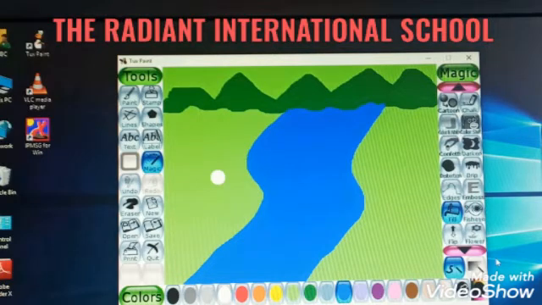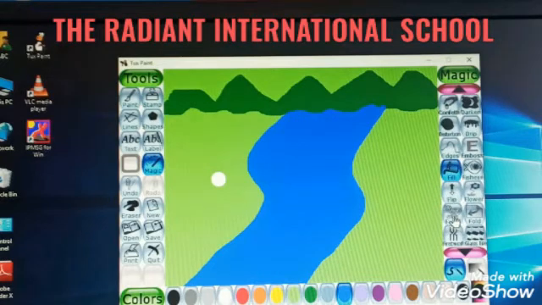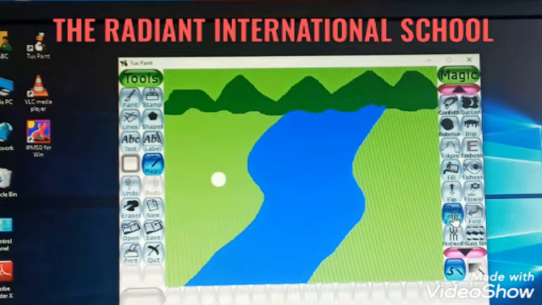So now students, I'll use a foam tool. What happens when your mother adds washing powder to the bucket of water? Some foam appears, right? So the same foam effect we are going to give in this scenery. For doing that, you have to select the magic tool. This sub tool will appear on the right hand side, and here you can see foam, F-O-A-M, foam, right? So you will select the foam tool, and here I'll give some foam effects to the river.